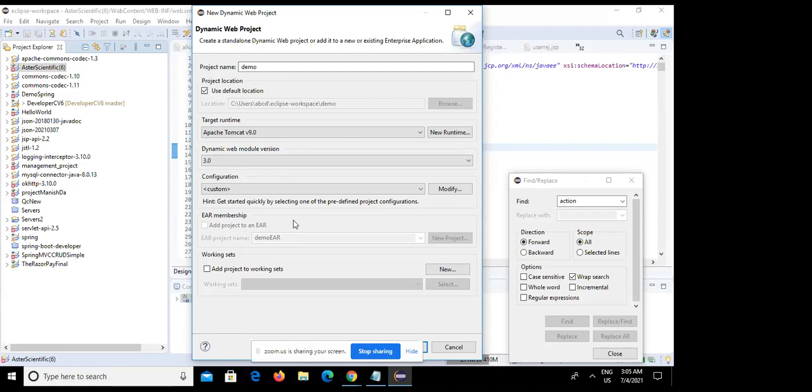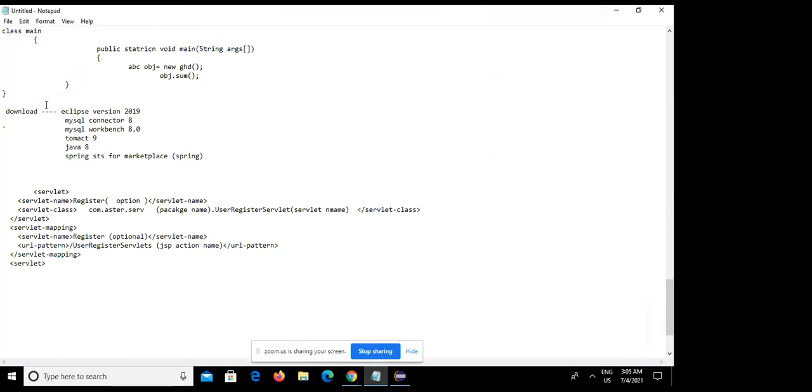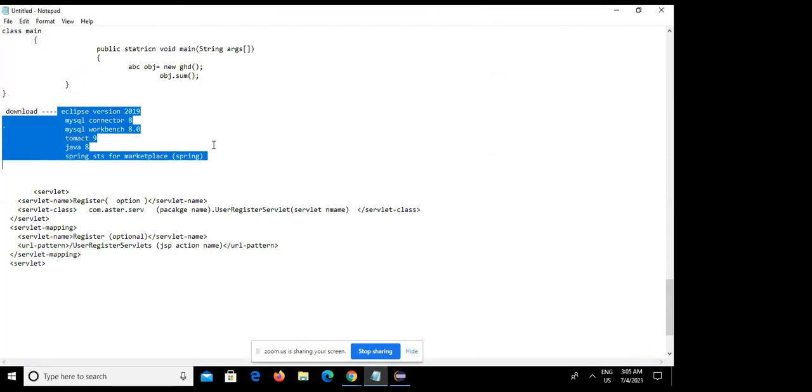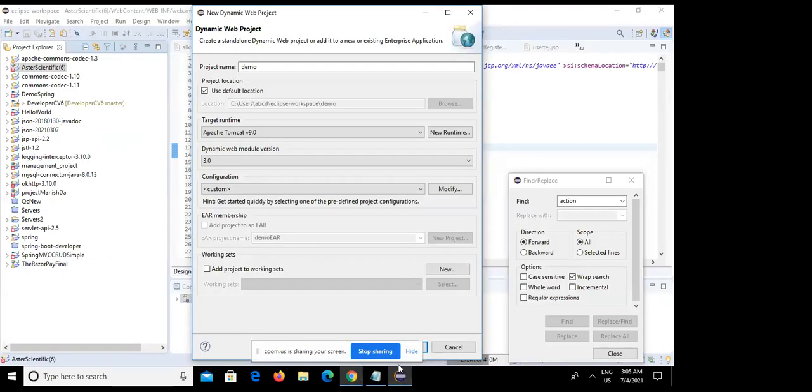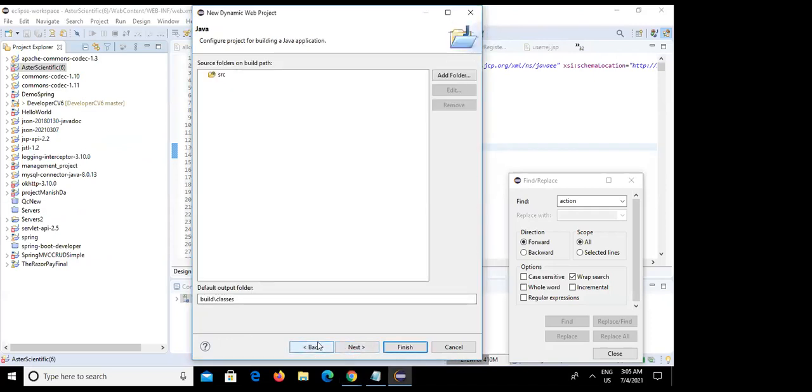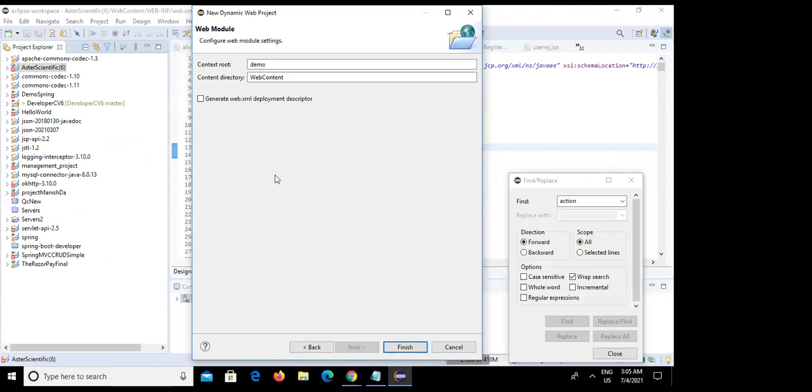It is standard for our hosting server, whatever the hosting server we have in our organization that is providing, and that's why I'm telling everyone to download this and do this. Okay sir. So this is a simple web project I am creating. I'm not creating any Spring project. So you have to click here, web XML, because it is a web XML project.